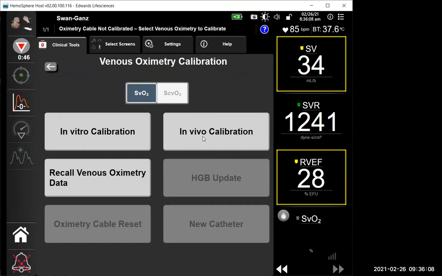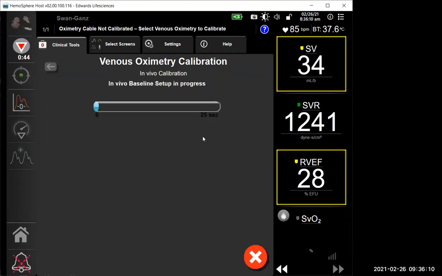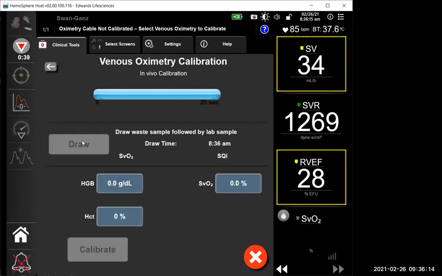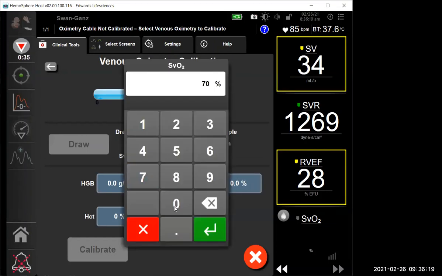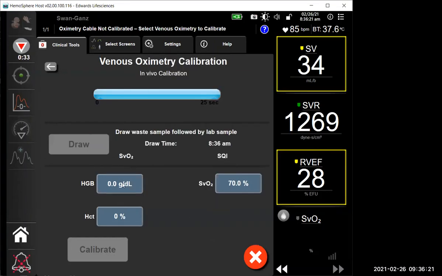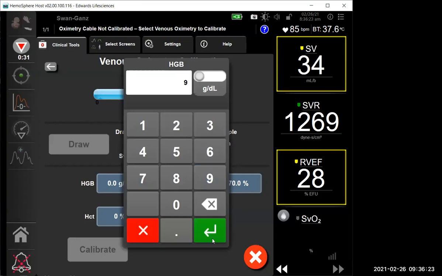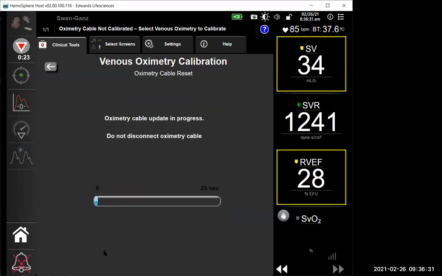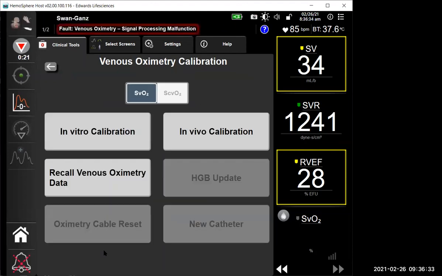So when you click In Vivo Calibration, it'll give you a 25-second countdown. And then you're going to draw. You need an SVO2, so you're going to have to draw an SVO2 from your patient. Enter what your value is and your hemoglobin, and it's going to calculate a hematocrit from that, or you can put in your hematocrit, it doesn't matter. Hit calibrate. So after that countdown, as long as you have